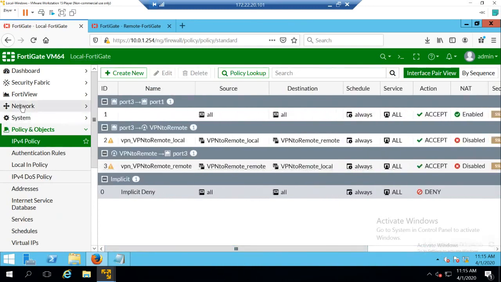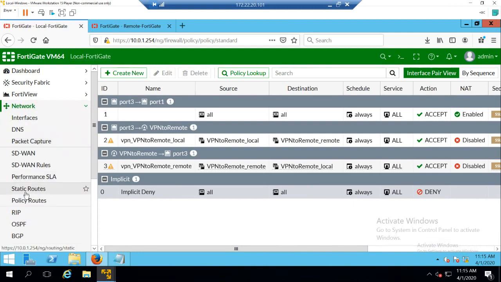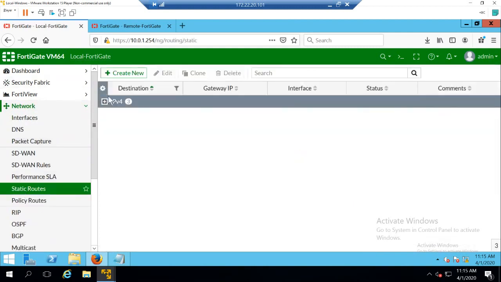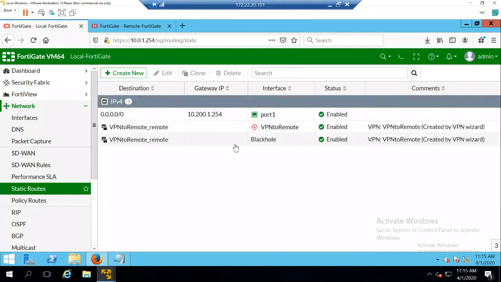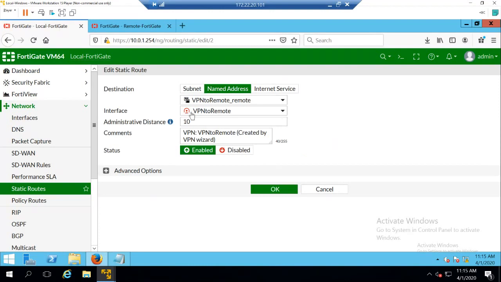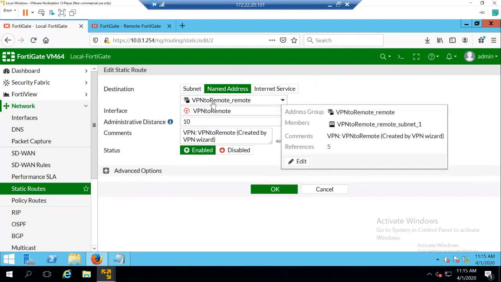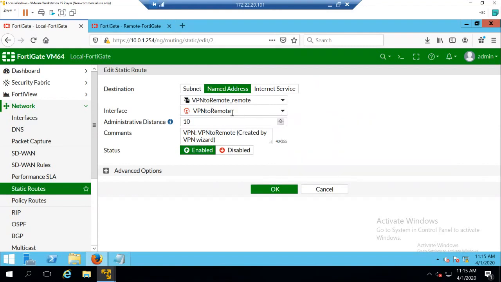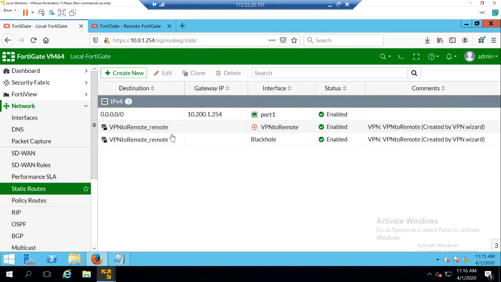Plus, it has also created a static route. So it has created a static route and a black hole route. Black hole route means apart from the mentioned subnet, nothing else should be passing through this VPN. So we have mentioned that apart from this particular subnet, which is 10.0.2.0, nothing else should go via the VPN. So everything is